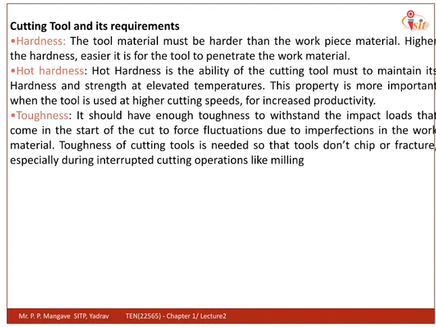Coming to the next property, that is toughness. Toughness means the ability of the material of the tool to withstand different impact loads. Whenever there are fluctuations in the forces of cut we apply, that will lead to different impacts. If an impact force acts and leads to breakage of the tool, or simply the dimensions of the tool get changed, it means the material is less tough. Therefore the material should have high toughness.